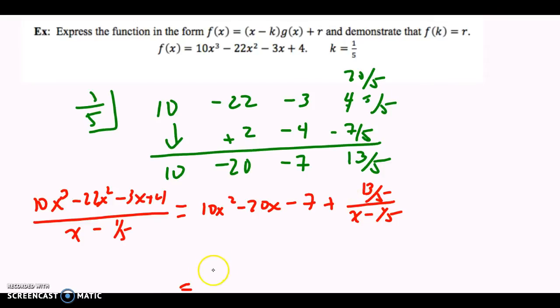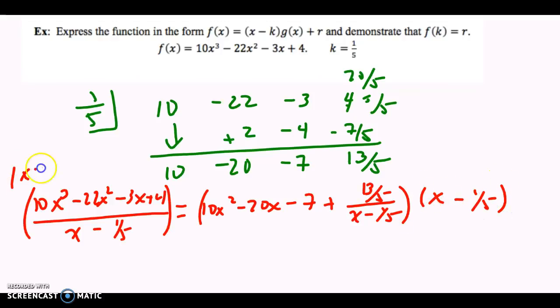Now let's answer the rest of the problem then. It says to demonstrate that f of k is equal to r, and k is equal to 1/5. So here's what we're going to do, and I did this a little bit earlier before. I'm going to multiply both sides of the equation by x minus 1 over 5. What happens on the left is those cancel,